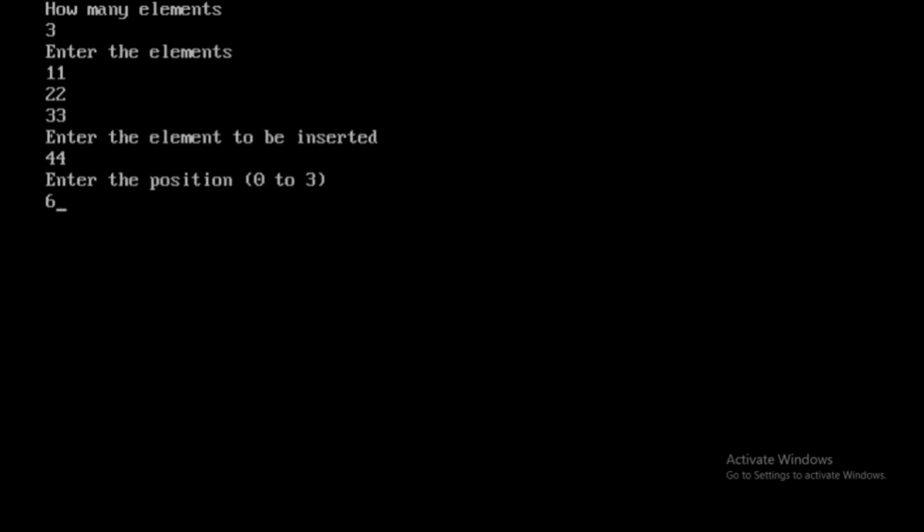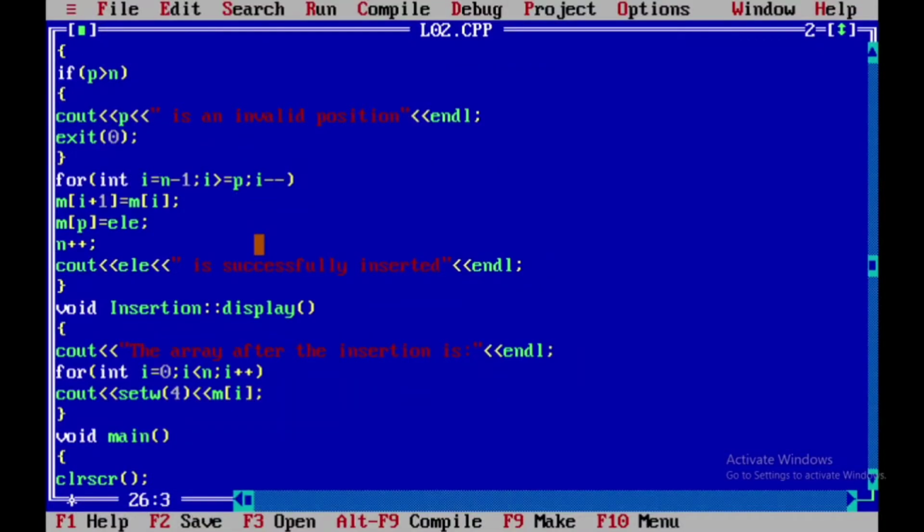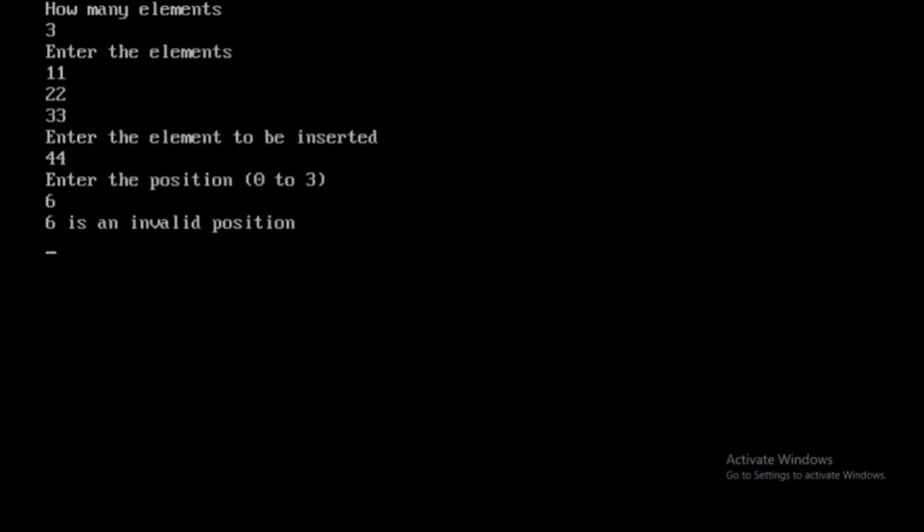Now we'll see. It will move out of the screen because we have used the exit of 0 function. Once it comes out of the screen, I am going to take Alt F5. Then it's going to display that 6 is an invalid position, because 6 exceeds the value of position, which is limited to 3 in this case.